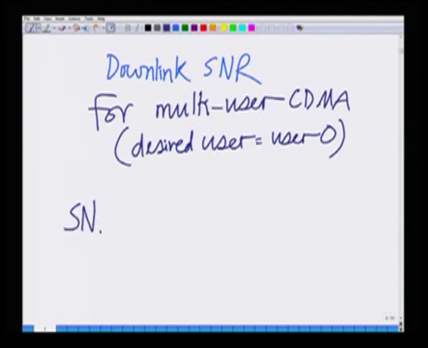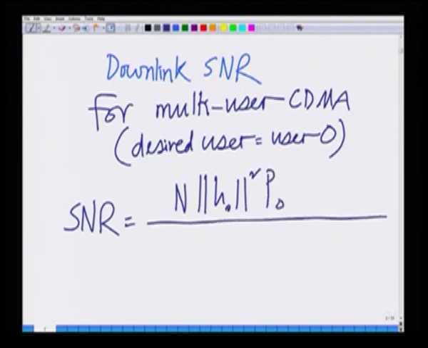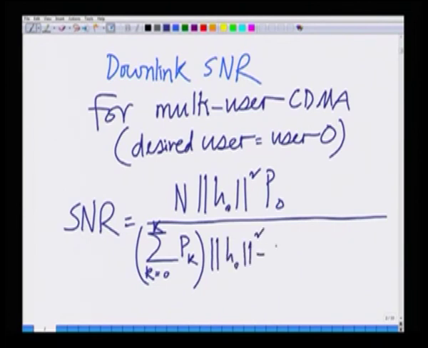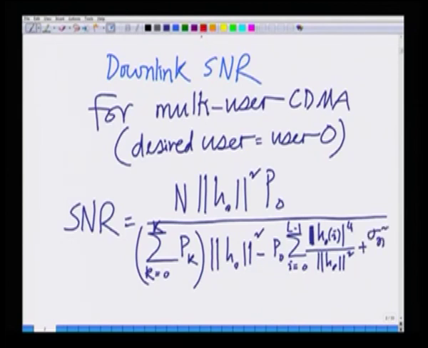This SNR is nothing but n times norm H naught square P naught divided by summation k equals 0 to K P k into norm H naught square minus P naught summation i equals 0 to L minus 1 absolute value of H naught i to the power of 4 divided by norm H naught square plus sigma n square. Okay, so this is the net expression